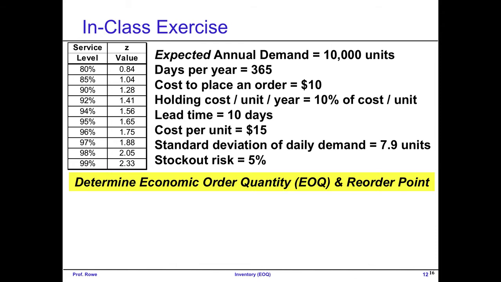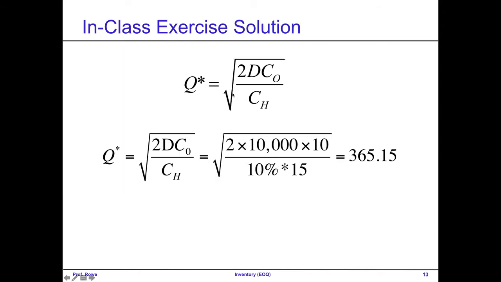Okay, great. So hopefully you've had a chance to calculate that. The EOQ is the same as it was before: 2 times the annual demand times the cost of ordering, divided by the cost of holding. That formula has not changed because we're just putting in the expected demand instead of the known and constant demand. So this formula does not change. We put that in and we find that Q star, or EOQ, is equal to